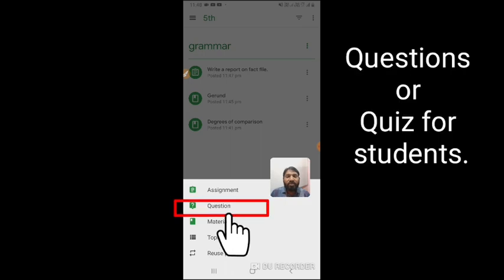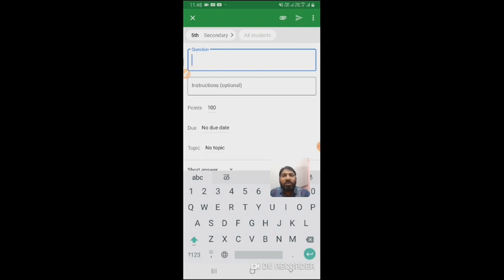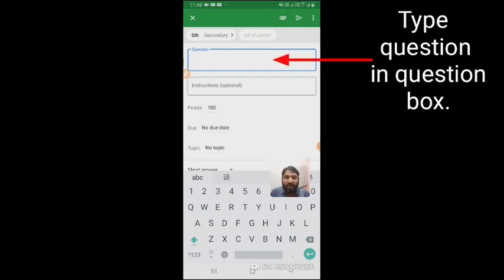Again, one of the important things here to assess is if you want to give a quiz to the student or questions to the student. Then with the help of that, if you want to assess, then click on questions. Then here you have to write a question directly. For example, I will write, singing is my hobby.